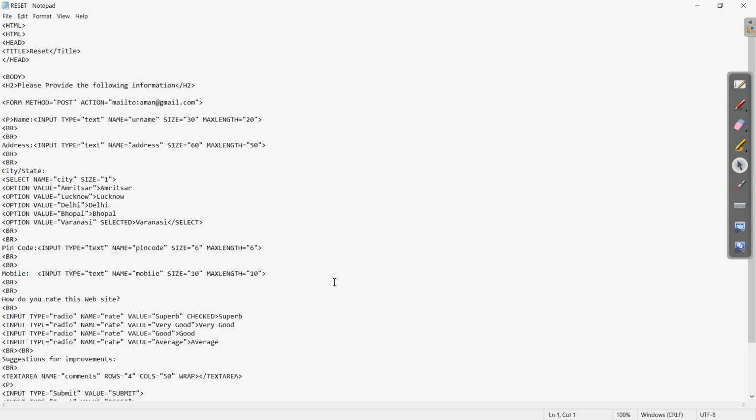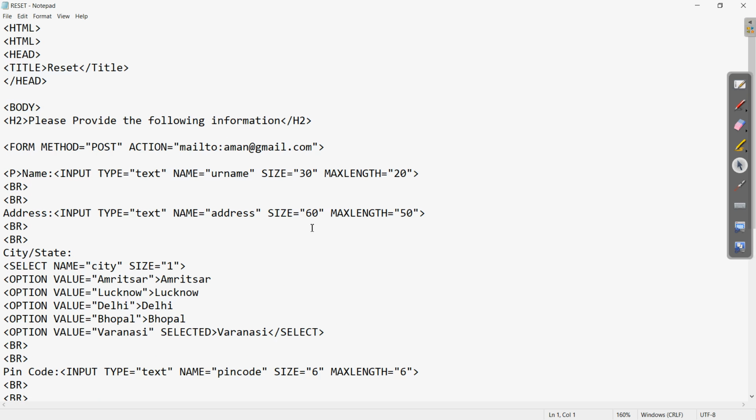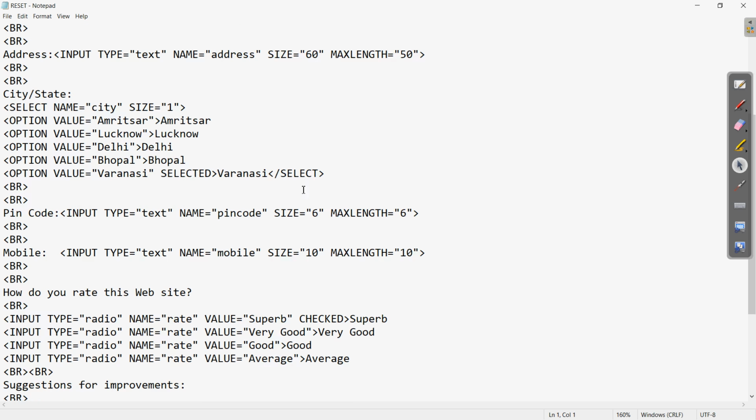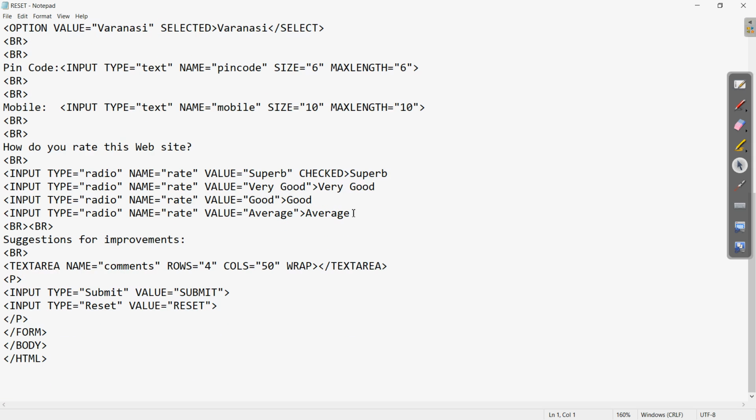Now let us open it with Notepad. If we see here, all of the previous elements are the same, the different input types, the text box, then the radio button, all of which we have kept the same. Here you can see at the bottom we have written the input type as reset, and the value which we want is written in the value attribute. Okay, and all of the values which we have written are in double quotes. This we already know. Okay, so after writing this, we have kept both buttons, submit and reset, so both buttons will appear in our program.